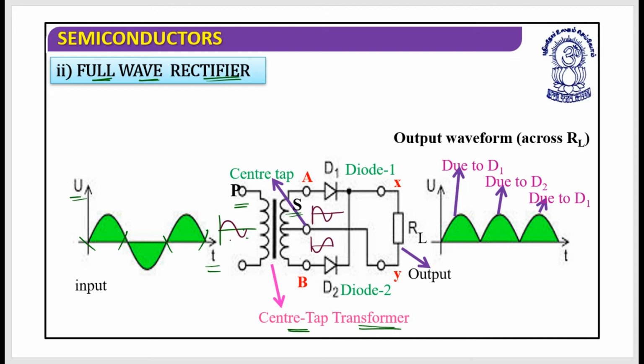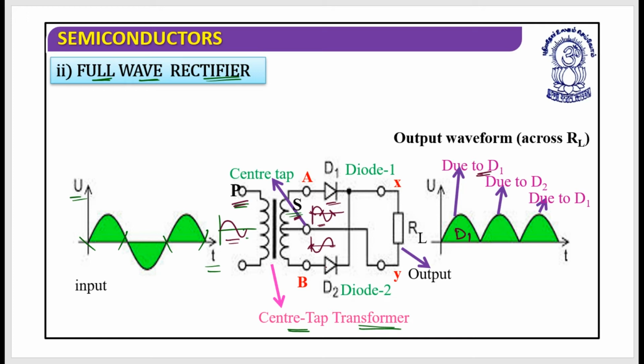So this is the speciality of the center tap transformer. It will provide output to both sides, but there is a phase difference of 180 degrees between these two outputs. So basically this is center tapped. We provide input over here, and it is applied to the output. For the first half cycle, this diode D1 would be in forward bias and diode D2 would be in reverse bias. So the first half will be available due to diode D1, because D1 is on and D2 is off.